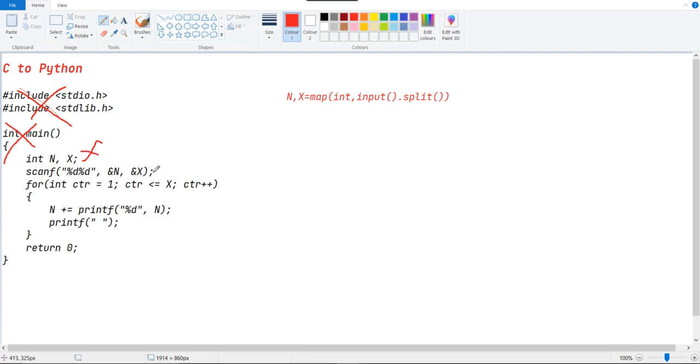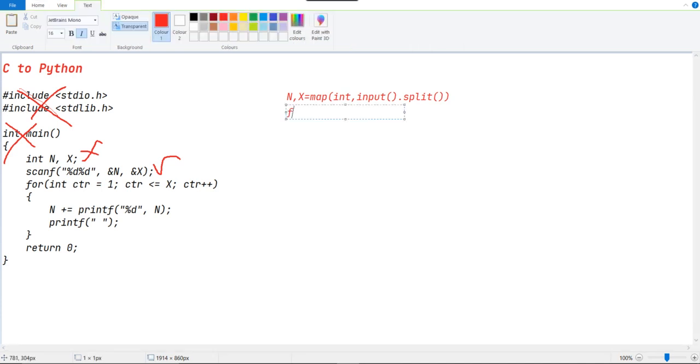Like, we don't have to import this, but we need to consider this one. Here they have created a for loop which contains the variable ctr starting at 1 till smaller than or equal to x, and it will increment by 1. So for this we need for ctr in range of 1 comma x plus 1,